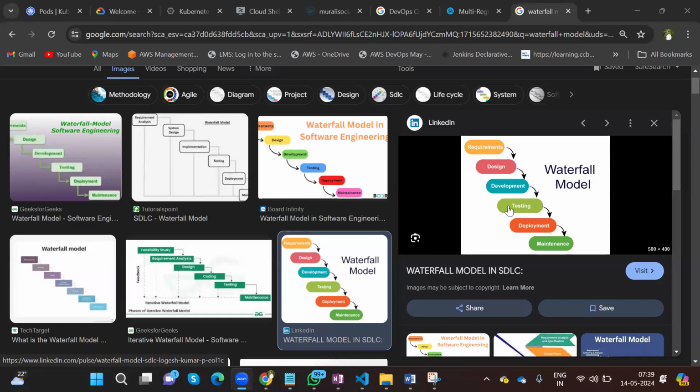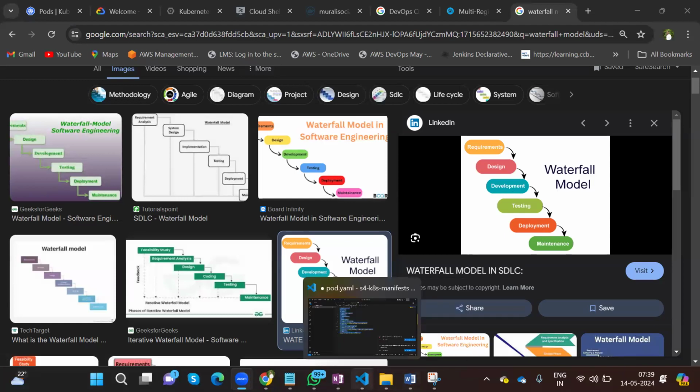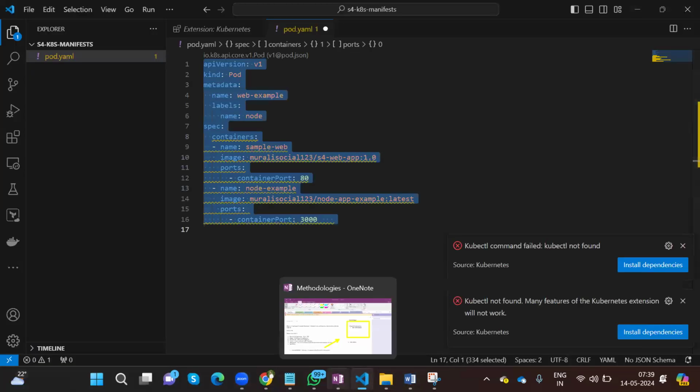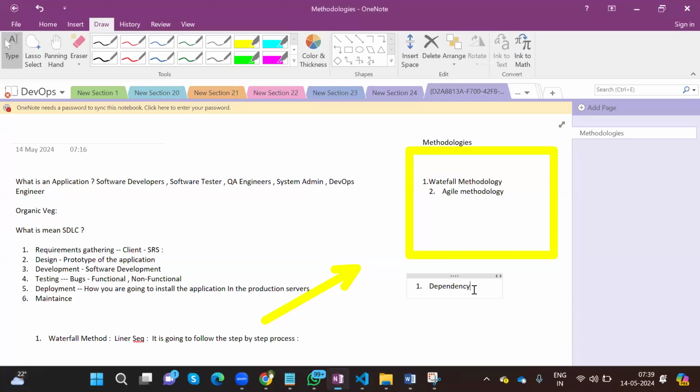These are the different kinds of phases available. Whenever you look at my screen, this is one of the disadvantages. When you want to make changes in any of these phases, it is difficult to make changes in the requirements. For example, we have the requirements and have already given them to the client. So when we have given the requirements to the client, we have to understand that